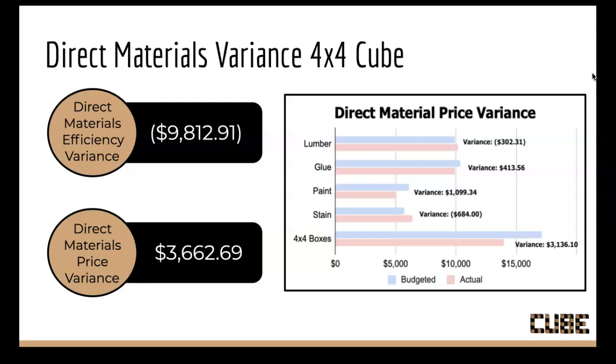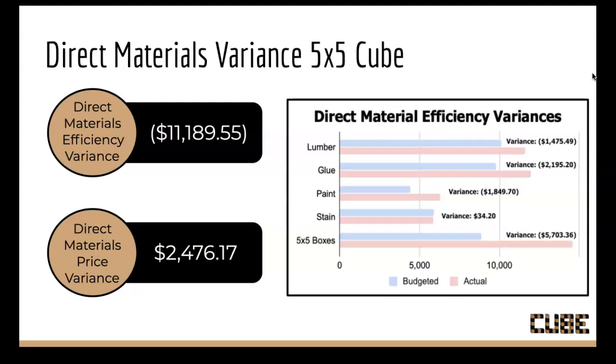$3,662.69, and that was mainly due to the 4x4 boxes having a large favorable variance of $3,136.10. Our second largest favorable variance was paint, with a favorable variance of $1,099.34. And for our 5x5 cube, that product had a direct materials efficiency variance of